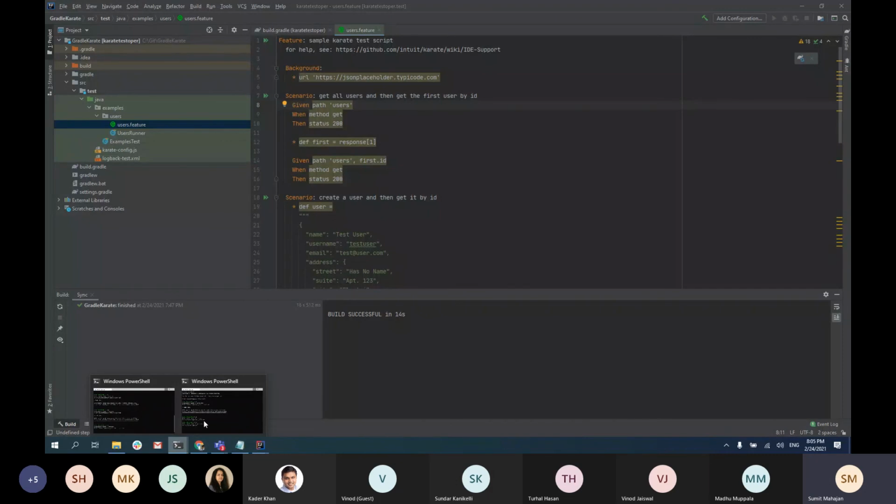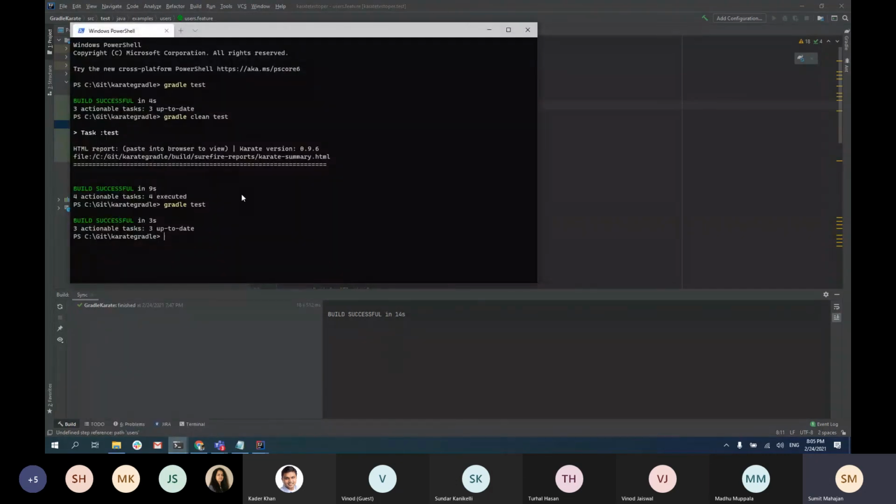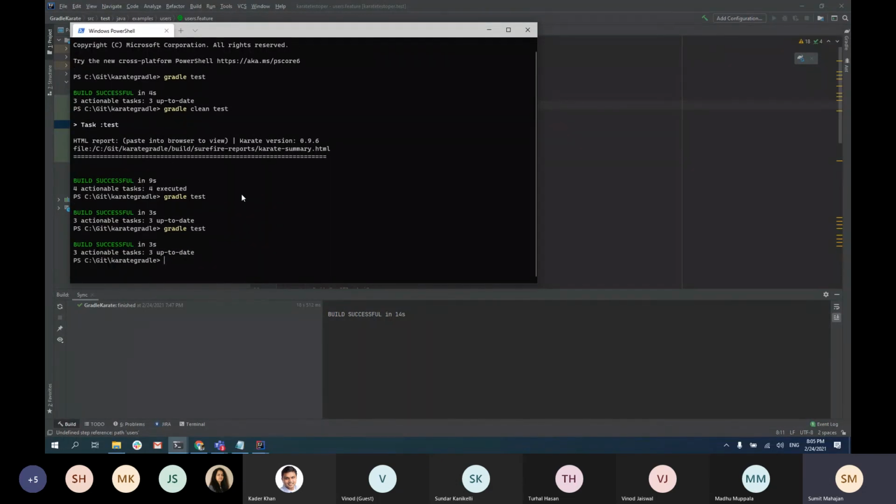So when I'm doing this, I'm not doing a build, right? I'm doing test, which is Gradle test. And if you look from the overall perspective, yes, this is a build that is happening for Gradle, but in that build, I'm only executing whatever tests are there in that build. Okay, got it. Yeah.